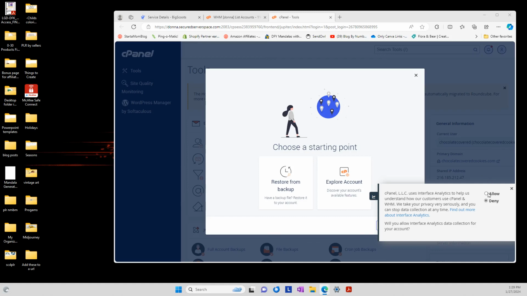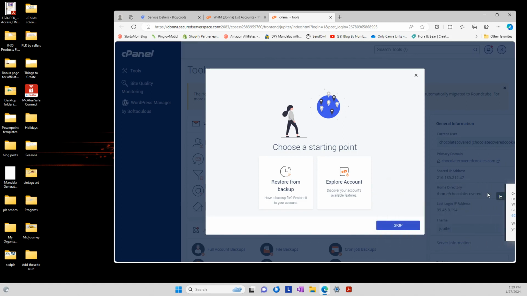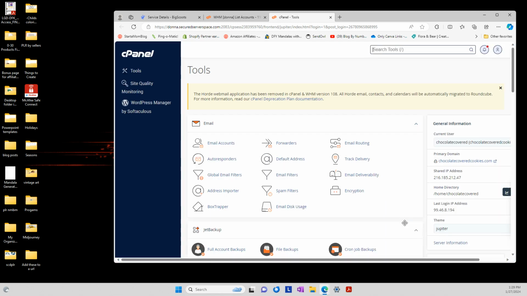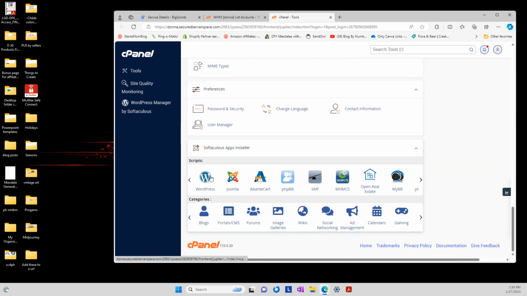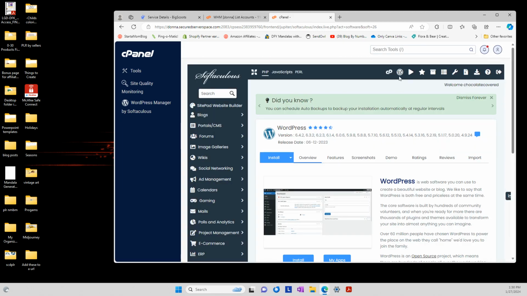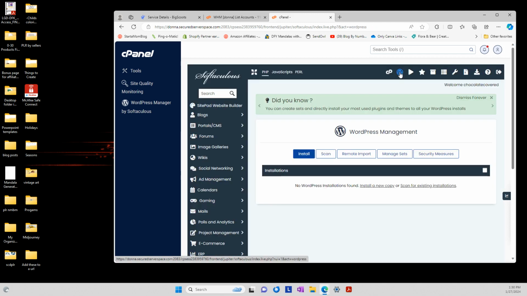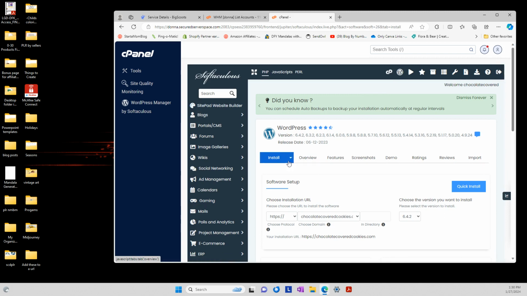I'm actually in the back end of my WordPress management account with my host. This may look a little bit different depending upon what host you currently have. Mine is Big Scoots. And so we're just going to go down here to WordPress. This is a new site that I don't remember being on. Okay, good, I haven't. Alright, so I don't have a lot of URLs because,